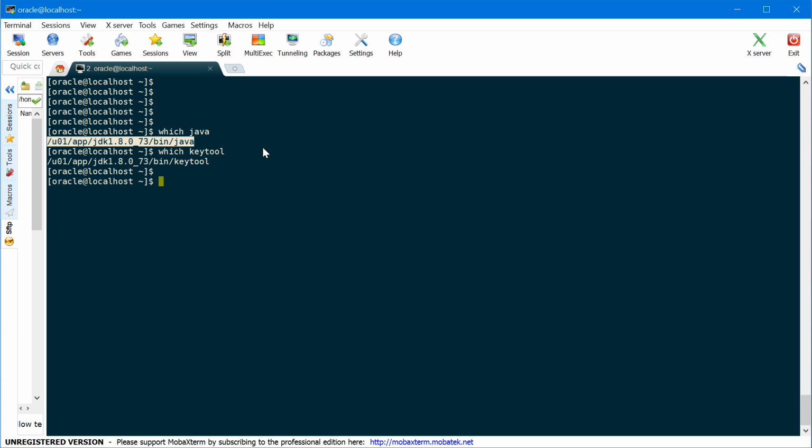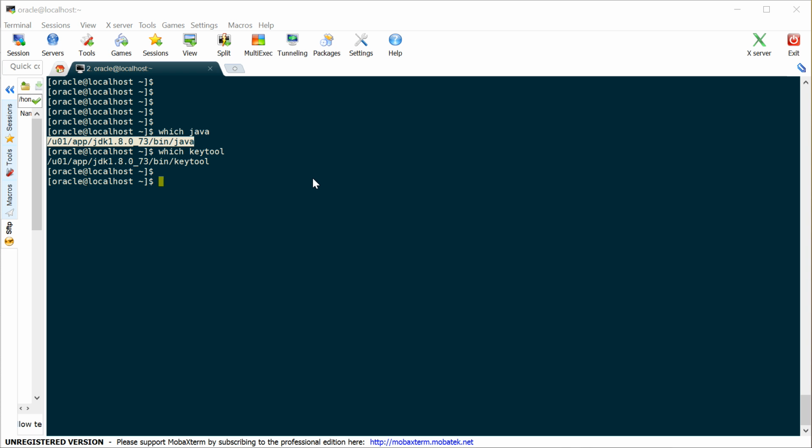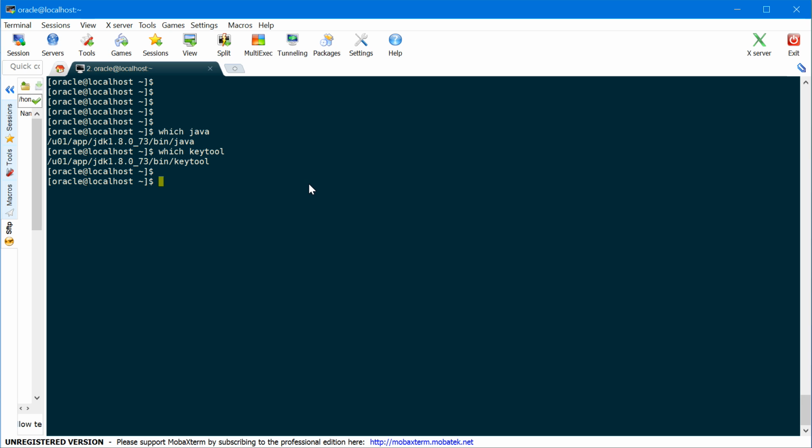So Keytool is a utility that comes along with your JDK, which can be used to create and manage JKS based key stores. So the first step is to create a key store and generate a key pair. When we used EM console previously, this was done in two steps, but Keytool does it in a single step. So the command is keytool -genkeypair,